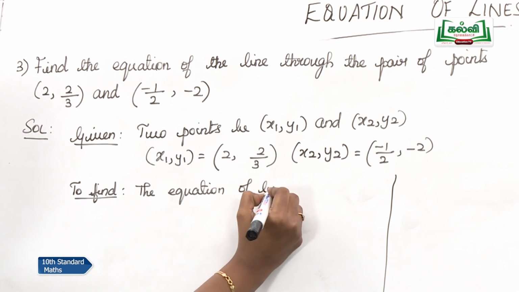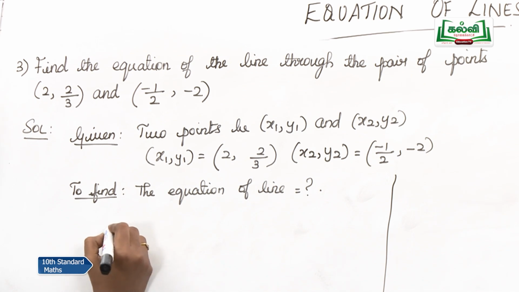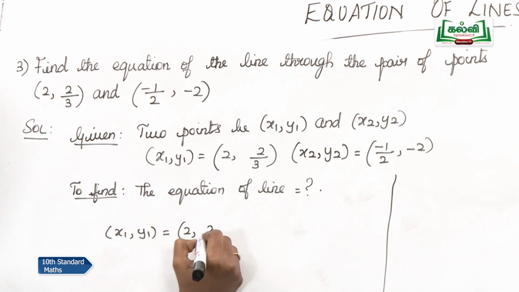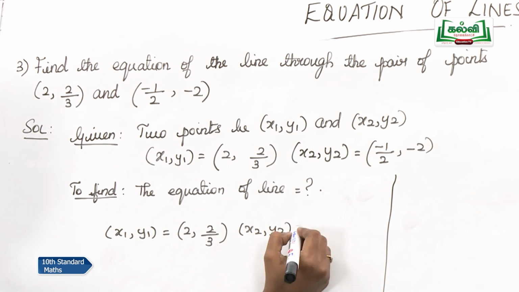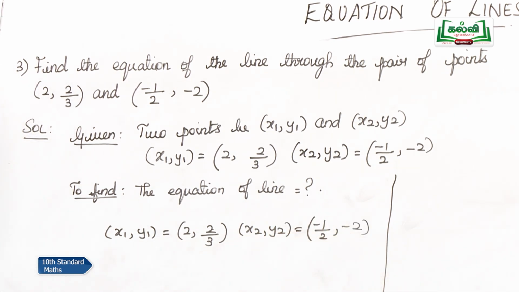So what form will I use? The 2-point form. So let me write out again x1, y1 is equal to (2, 2/3), x2, y2 is equal to (-1/2, -2). So I am going to be using the 2-point form. Therefore, the equation is given by